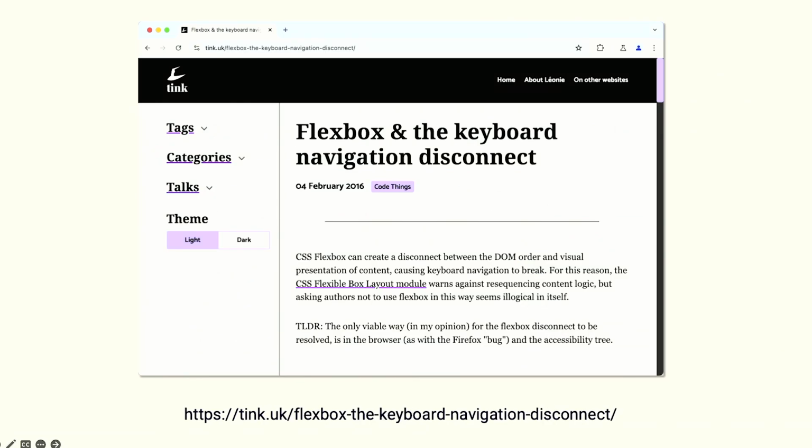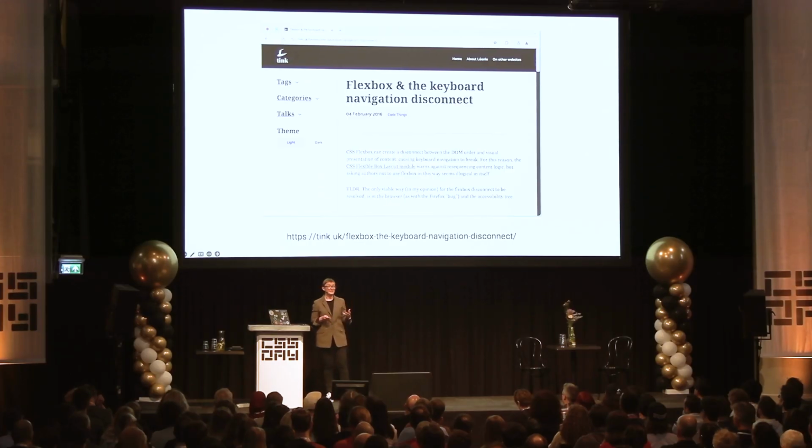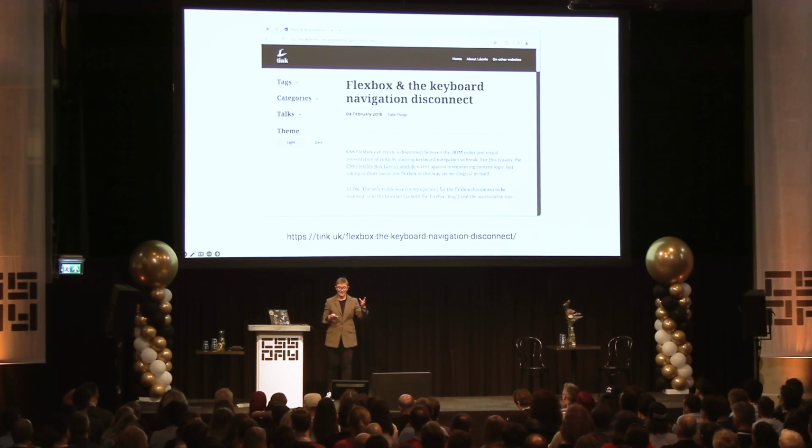Now, I don't know if anyone remembers, but for a short, terrible period, Firefox actually tried to follow the visual order, at least where order was concerned. So it was a bug. We had different things happening in browsers. One browser was following the source and the other was trying to follow the order. They obviously fixed it, but for a little while that was actually happening. And some people in the community said, I think we should probably do this. We should follow the visual reading order.